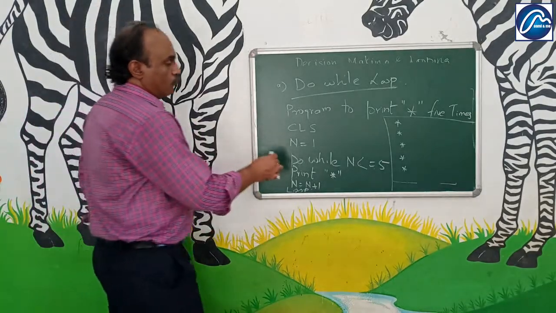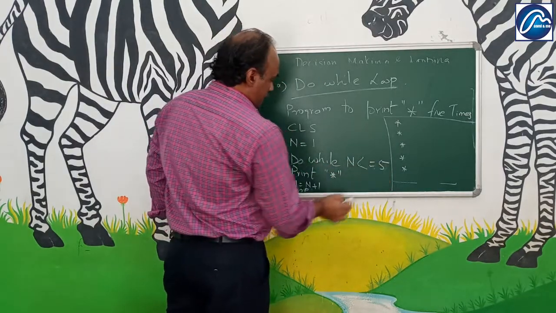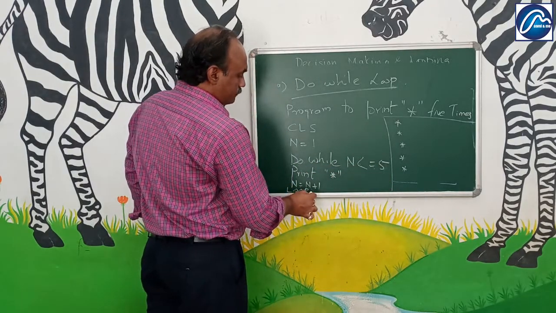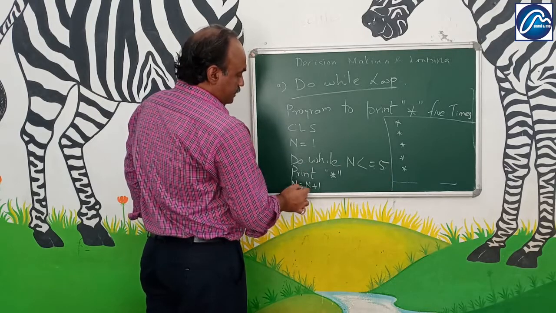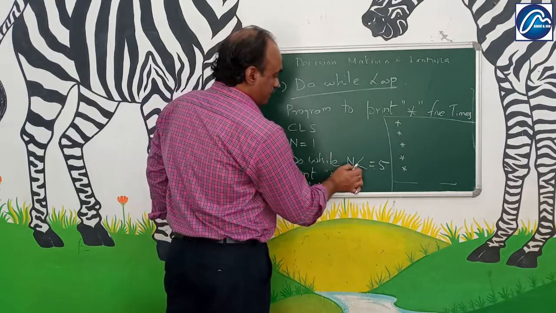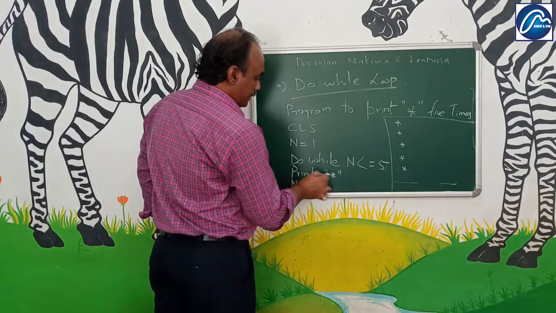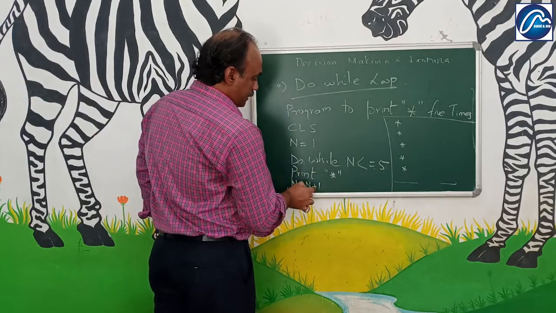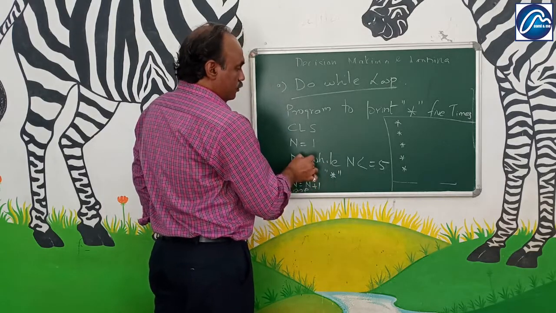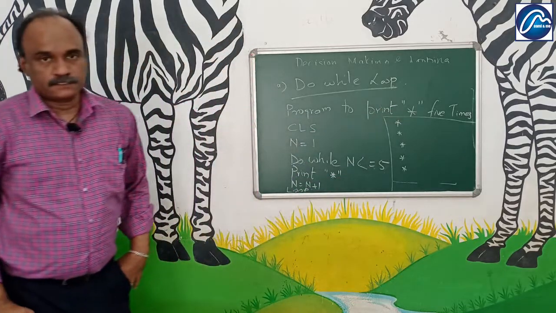Do while loop always has a condition after do while, and the loop is the end of the statement. It checks, on going inside the loop, whether the conditions are satisfied or not. If it is satisfied, the next statement is executed. Again it comes to the loop, it goes up. This is the way the do while loop functions.